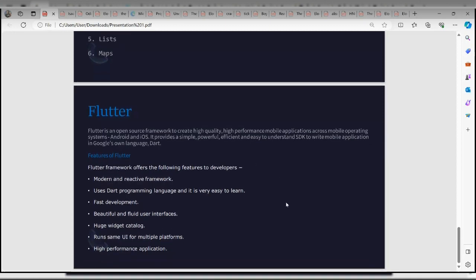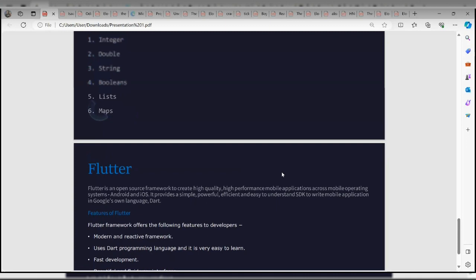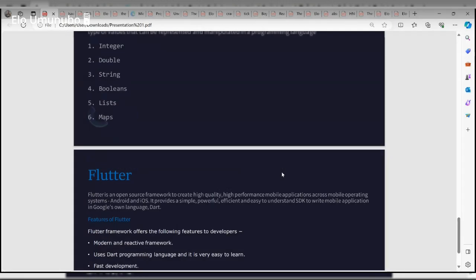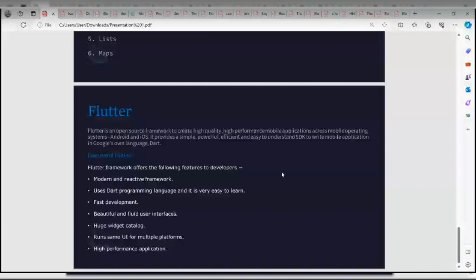All right, we'll come to the end of today's class. Just a brief introduction to Dart and Flutter. We're going to go deep into it in our next class, and surely we're going to have an assessment for this class. It will be sent later in the evening. So time for questions. You can ask me, maybe something I didn't talk about in this class, or something you just saw somewhere.